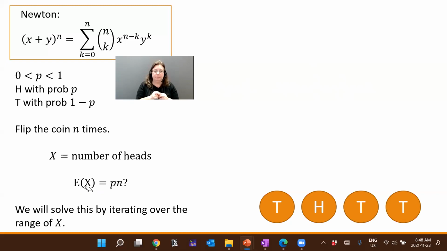So what we will attempt first is we're going to solve this by iterating over the range of x, right? So we have our 2 expected value formulas. So we have the expected value of x is, for all w in S, it should be omega, but McKeel would be disappointed in me for saying that. But yeah, so the probability of seeing w, or the probability that we come up with w. So that's our first